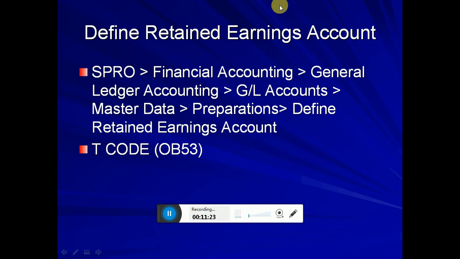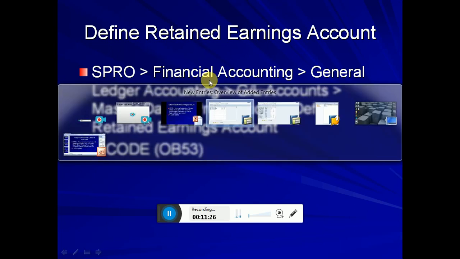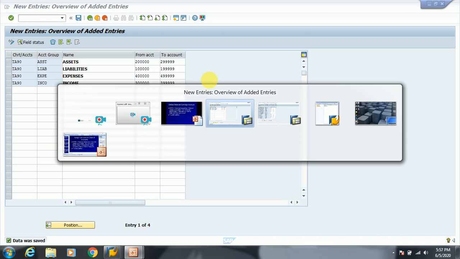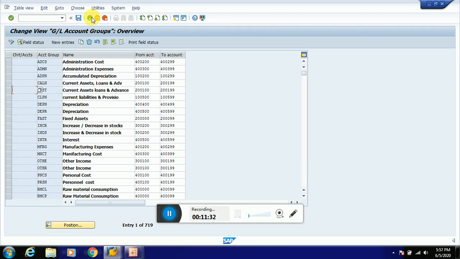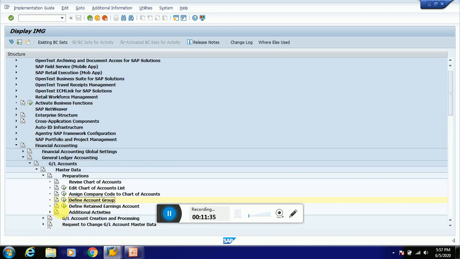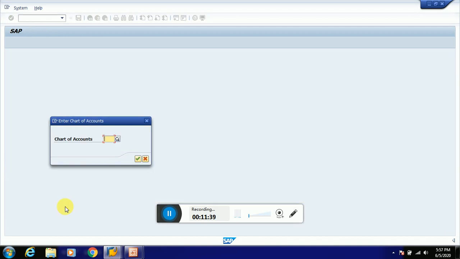Define retained earnings. The navigation or path for the retained earnings is also the same. It will be under the same path. Define retained earnings. Click on execute. Before we create the retained earnings also, it will ask for the chart of accounts. With this we can understand that both account groups and retained earnings are created at the chart of account level, so both of them cannot be created independently.